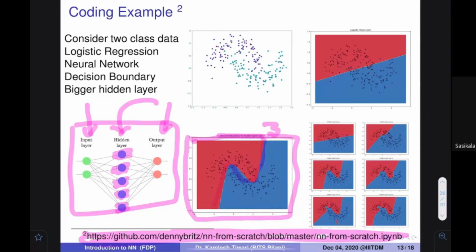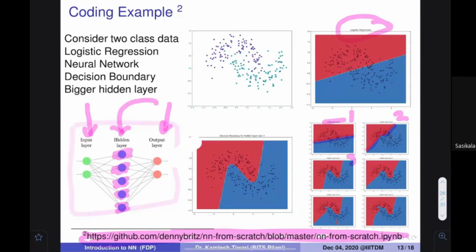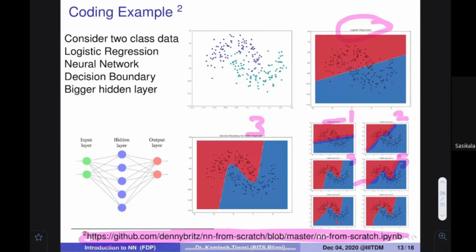So it is a very good thing. When you have only one neuron, you get something very similar to linear regression. But when you use 2 neurons, you get a better decision boundary. With 3 neurons, as we have highlighted here, it gives you a nearly correct answer. And if you increase to 4 neurons, sorry, it is 4 neurons, you get this decision boundary.